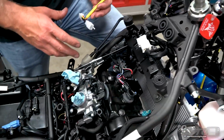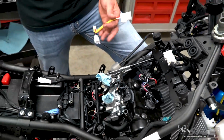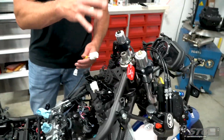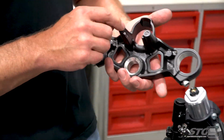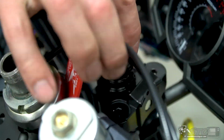Well, clearly you can see I've got the gas tank off. I've got the air box off. The tail doesn't need to be off for that, okay? You do need to take off your top triple clamp. In doing that, you need to drill out the heads of the bolts that hold the key cylinder to the